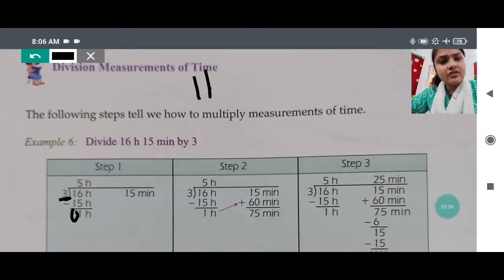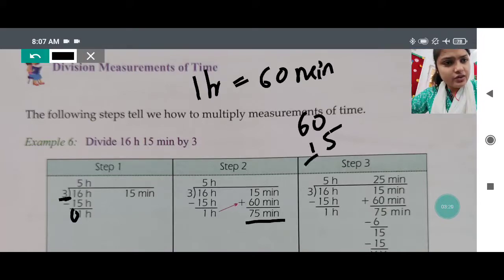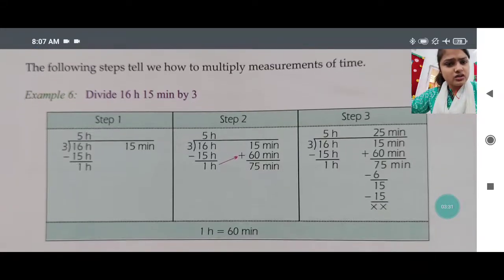So that 1 hour will get converted into minutes as 60 minutes and will get added in the minute column. And where and how it will be added, that I will explain to you. 15 minutes are given. Okay, 15 minutes are given and 60 minutes means 1 hour was left. That we will add first in 15 and it will be done. We will make it as 75, because 60 plus 15 when you do, you will get 75. So 75 minutes you are getting. You will read the table. Okay, you will read the table of 3. That much time, the process is same, in which you will get lesser than 7 or exactly 7.